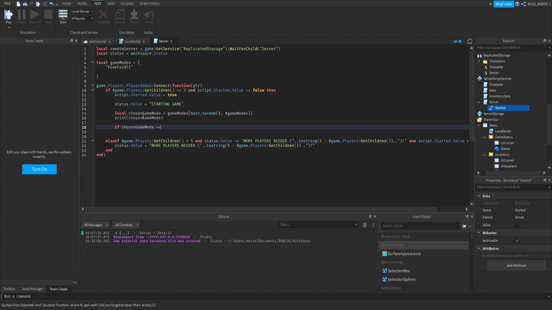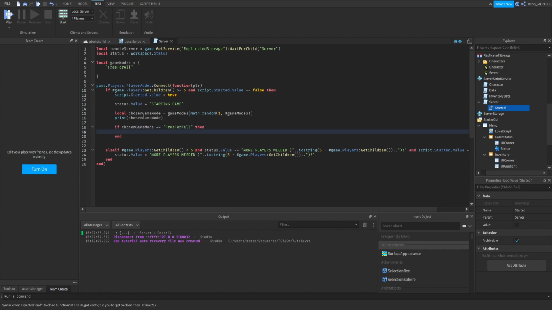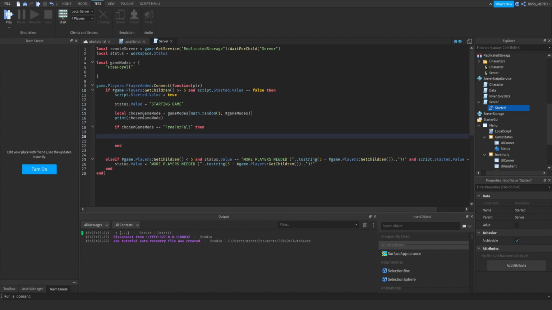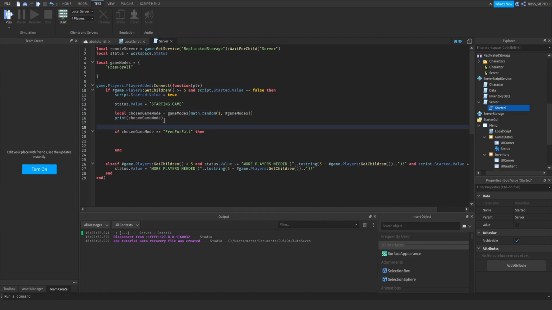And we can now down here check what our game mode actually is. And that's the point where we actually script those game modes. So if our chosen game mode is free for all, then we are going to script that. Okay. Starting game. We should leave a little bit of time,